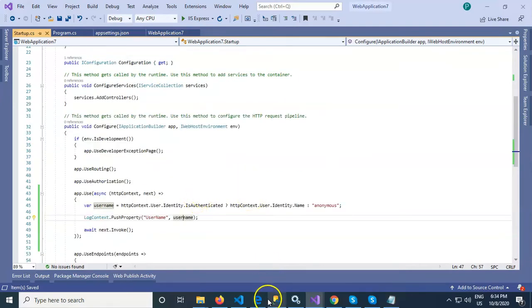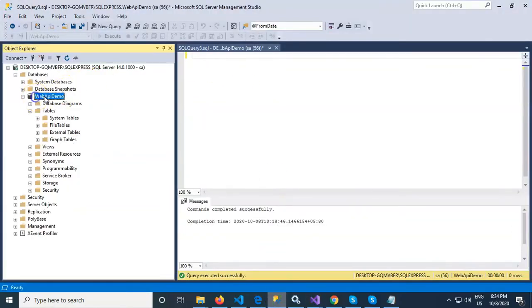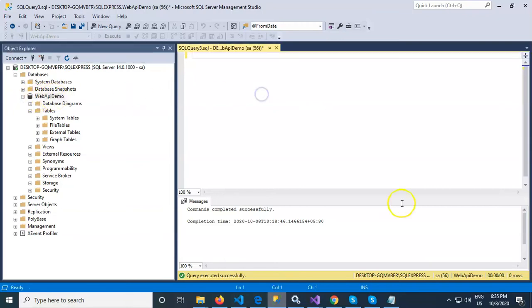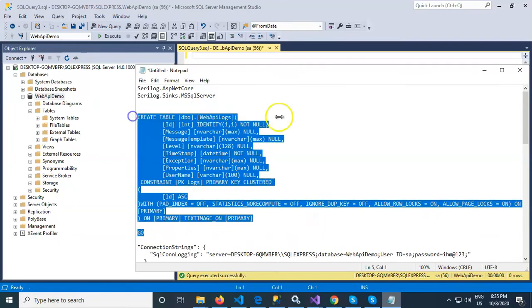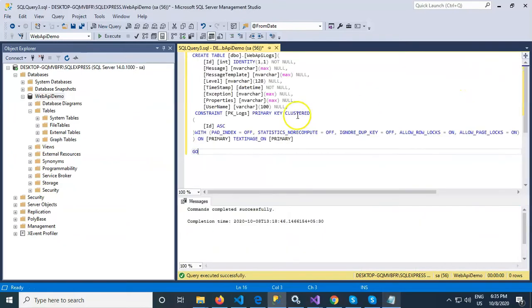Now let's create a table in the MS SQL database. So I have a web API demo database. Let's create a table. Here I have created a table WebAPILogs. So these properties are default properties that we need to create.